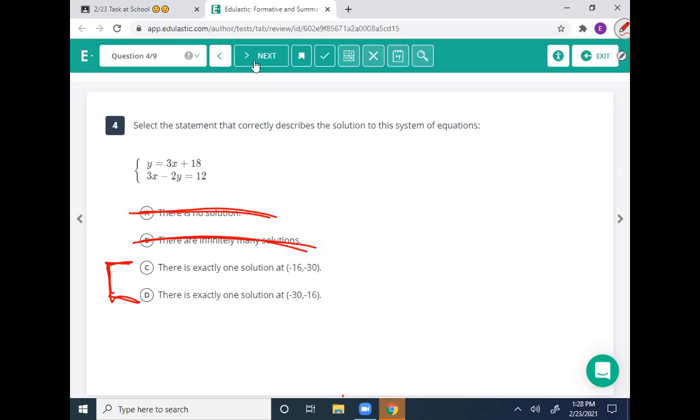So it's not going to be no solutions. It's not going to be infinitely many solutions. It's going to be one of these 2 coordinate pairs here. We have to plug this coordinate pair, or both coordinate pairs, into the equations and see, does it make a true answer? If I were to take this first equation here, y equals 3x plus 18,